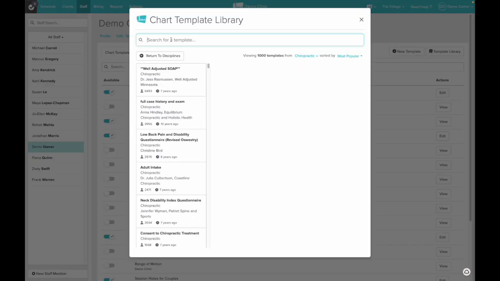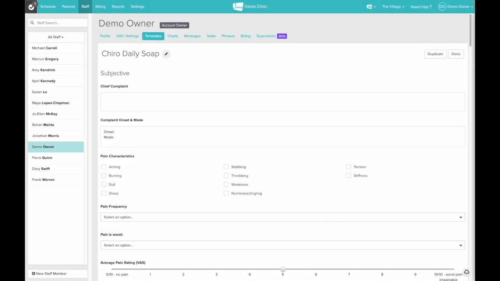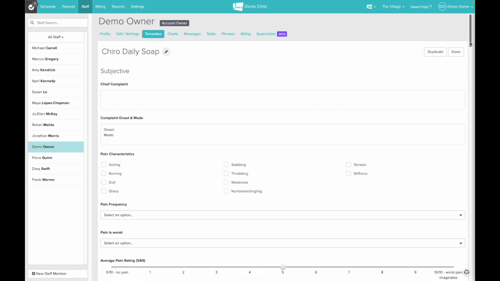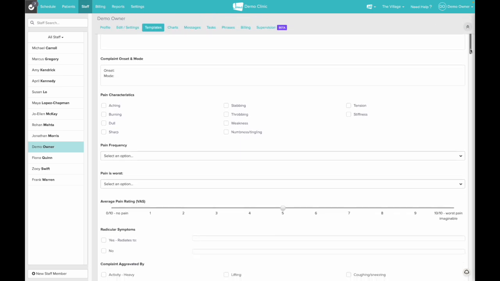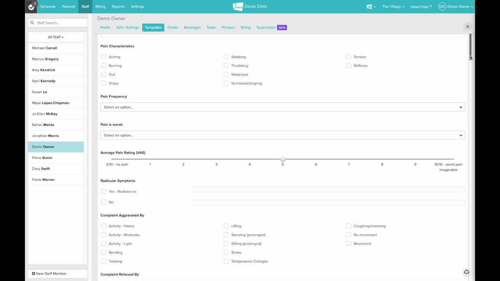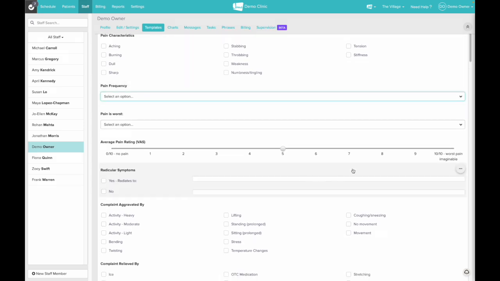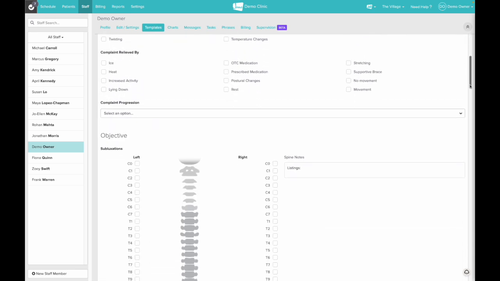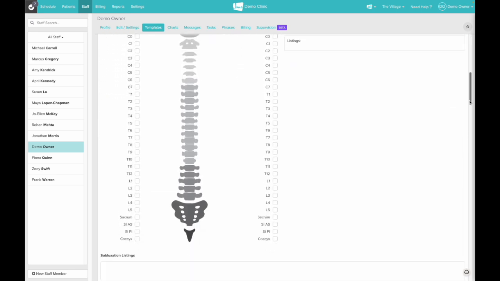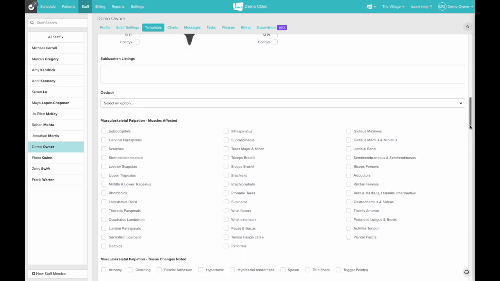One of the last things we do on every single daily visit is our SOAP notes, where we record the patient interaction. We always review what the patient subjectively reports of their chief complaint, any changes within it in terms of the pain, characteristic, or frequency, and all of these are drop-down menus that we can give certain subjective characteristics to what the patient actually reports. And once again, recording fixations or spinal segments that we would like to address, hence the subluxation listings, particular musculature and areas, where our assessment lies in terms of the actual diagnosis and the prognosis in the sense of how long we think the treatments will fall into,